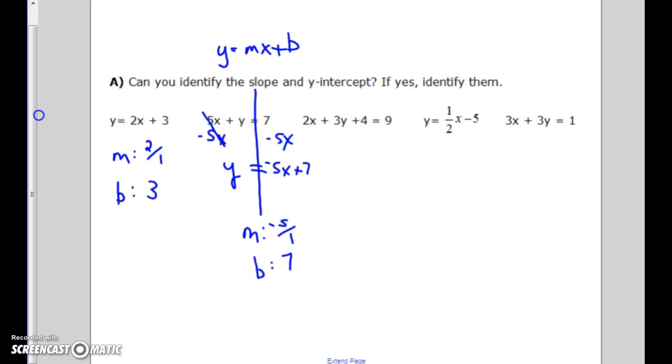Okay, I want you to try the next two now that you're smarter. Alright, so on this one here, I need to get the y by itself first. So what would I do? Subtract 4. Can I subtract 4 from the 9? Yes. Because they are like terms. Very good. So then that would give me 2x plus 3y is equal to 5. Now